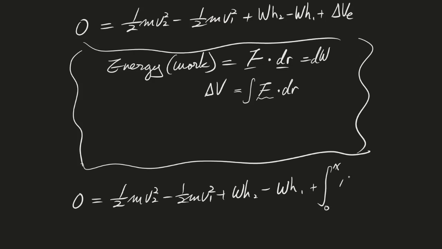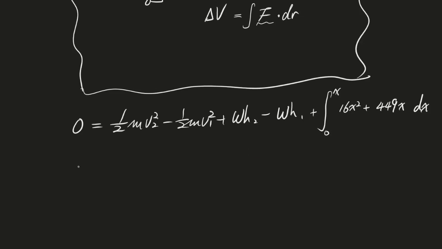That is equal to 16x squared plus 449x dx. Now we will plug in some numbers and evaluate the integral. So we define that v2 has no speed. That term goes to 0. h2 has no height, so that goes to 0. We are left with 1/2